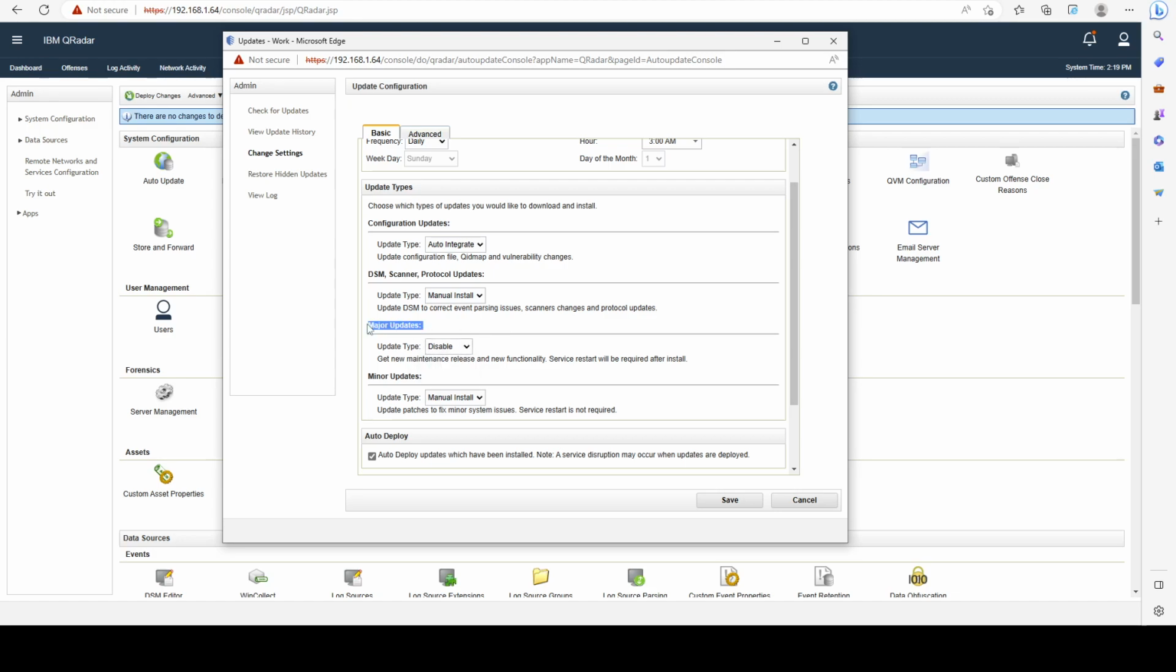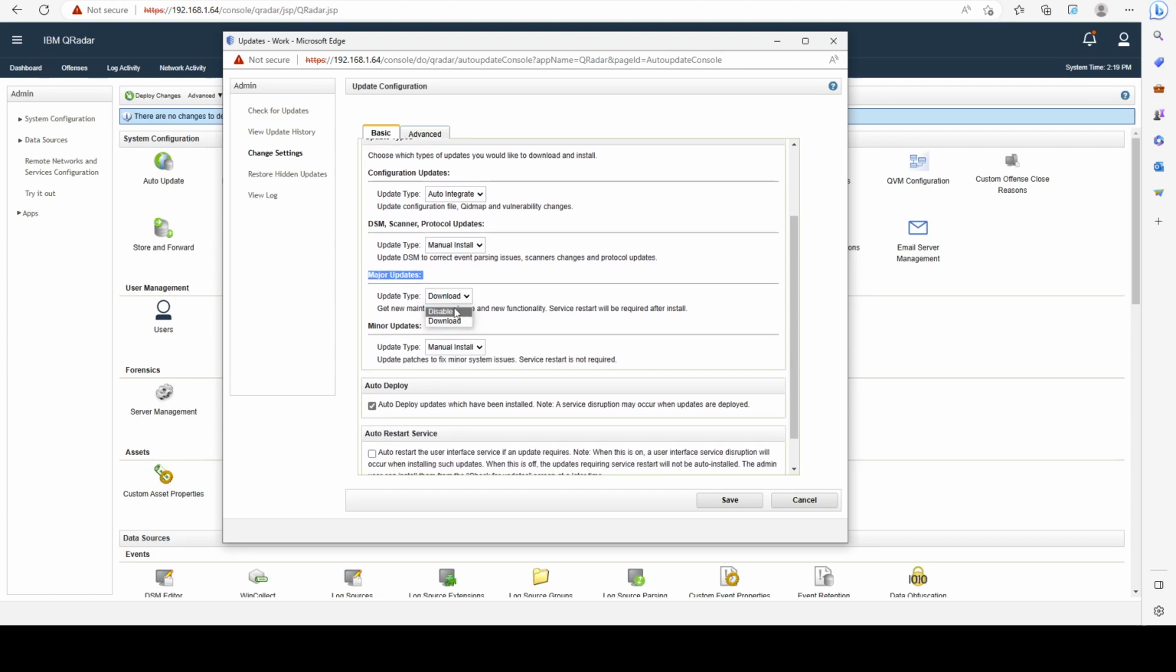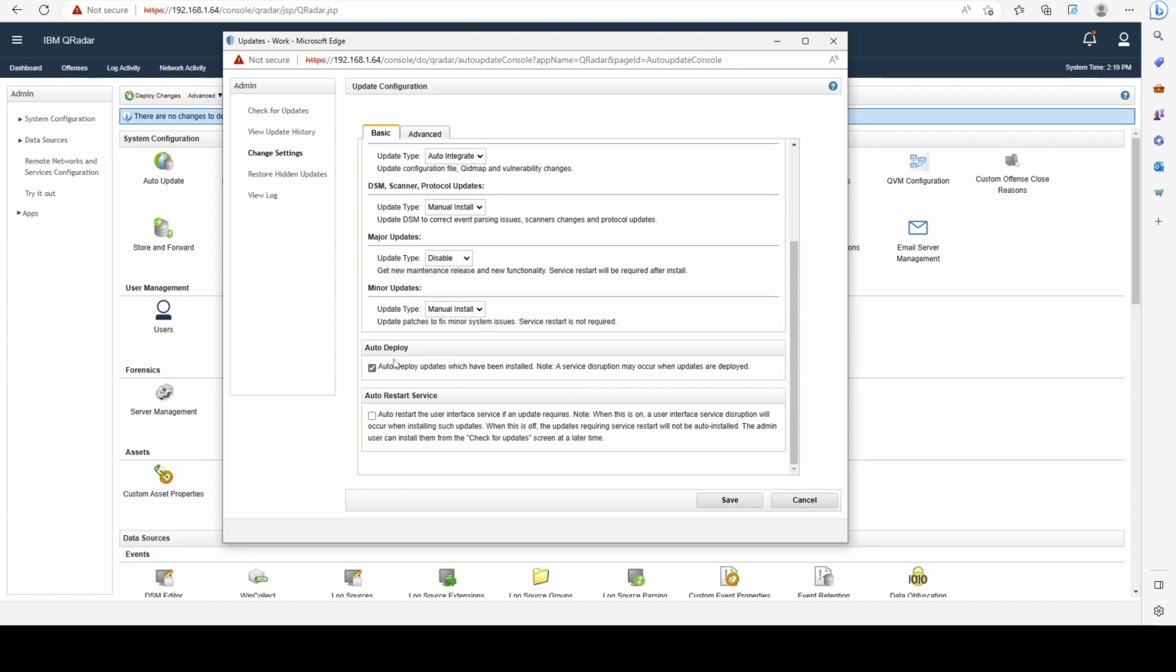You can also change major updates. It's disabled by default. You can change it to download. And here you have something called auto deploy, which is a functionality that, for updates which have been installed, is going to perform an auto deploy, which I also don't recommend leaving, because then you can have a situation where your deployment is performing an auto deploy and you have service interruption and you don't know basically where that came from. So I recommend leaving it